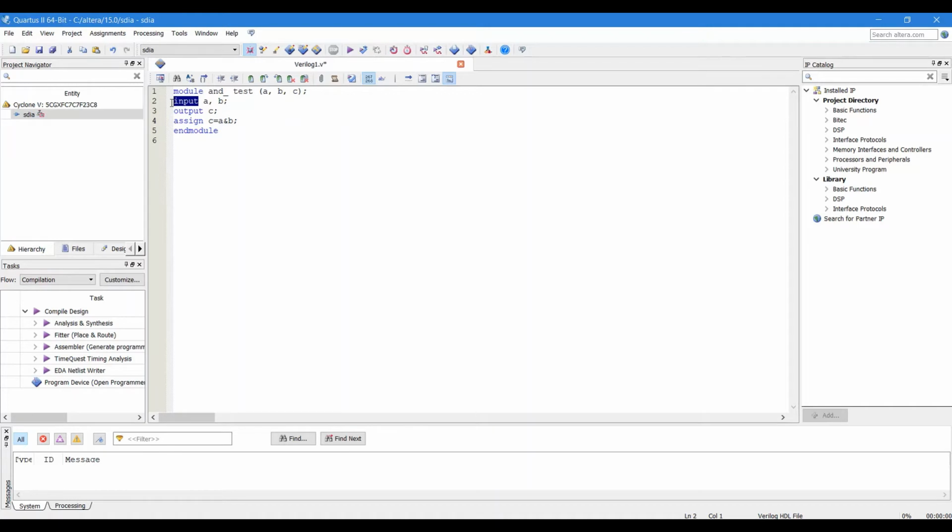What are the inputs you are giving to a logic gate? What are the outputs you are giving to the logic gate? And the assign statement is the logic gate condition, or we can say the operation you are going to perform, as here I gave C is equal to A and B. For the module, as I named it STIA, I have to provide this name STIA. It takes time, so I am not going to do it now. I'm just going to run